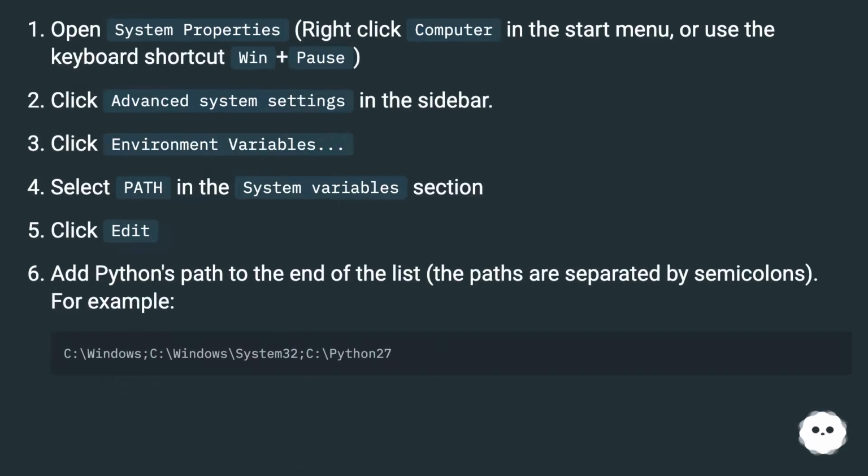For Windows 10/8/7. Open System Properties, right-click Computer in the Start menu, or use the keyboard shortcut Win plus Pause. Click Advanced System Settings in the sidebar. Click Environment Variables. Select Path in the System Variables section. Click Edit. Add Python's path to the end of the list. The paths are separated by semicolons. For example,